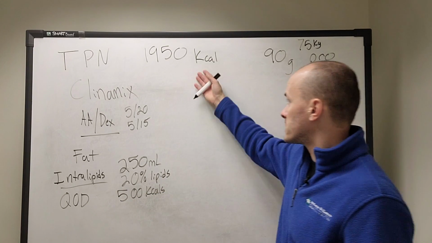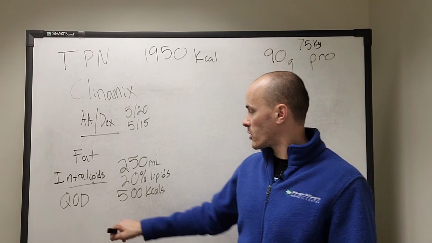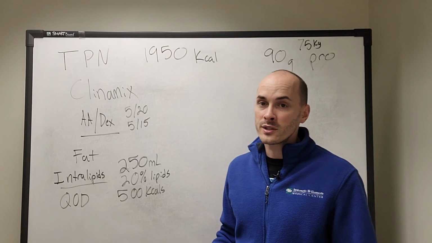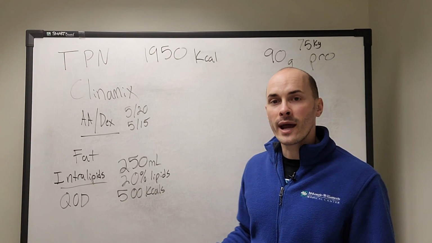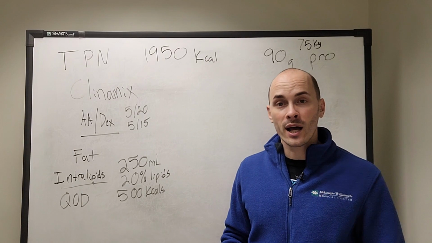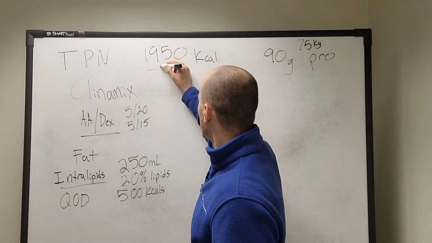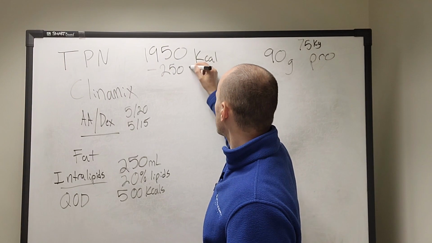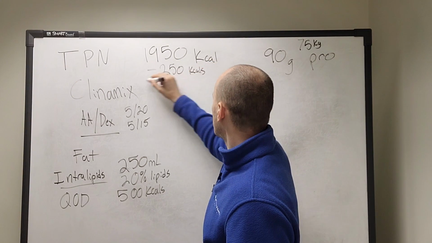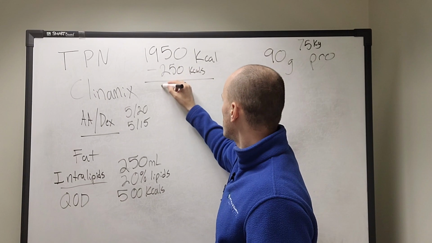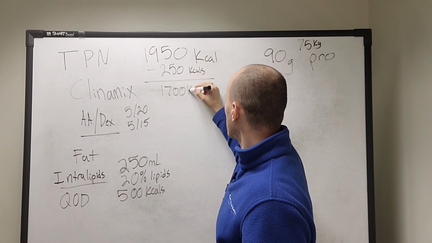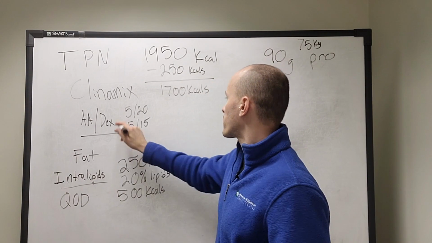However, this person needs less than 2100 calories, so I'm still going to give this every other day, meaning the patient on average will be getting 250 calories from lipids daily. So we can take our caloric need and subtract the kcals from fat, giving us 1700 kcals needed from our